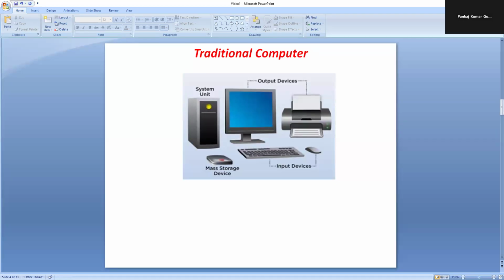Let's now understand how a normal computer works. A traditional computer only follows a set of instructions given by a programmer. For example, imagine a calculator. You enter 10 plus 20 and it gives 30. It never changes its answer. It cannot learn. It cannot think. It is only allowed to follow a fixed rule. That is what a traditional computer is.